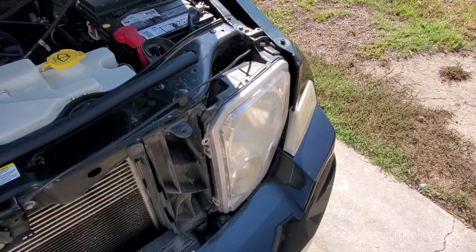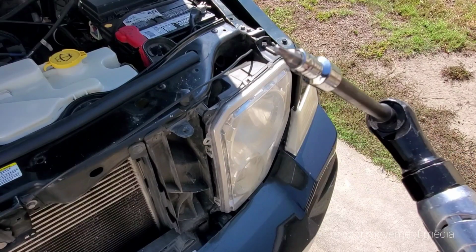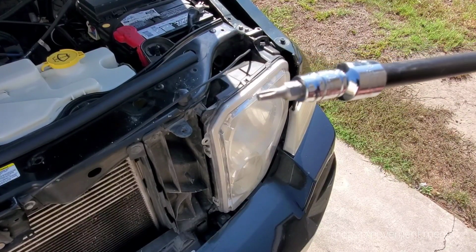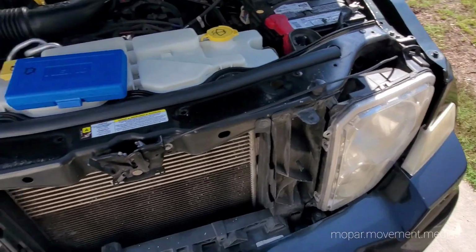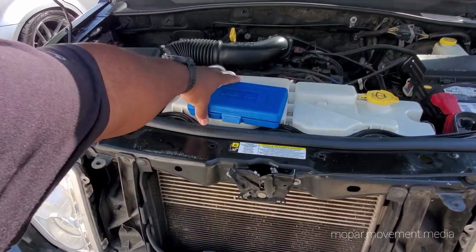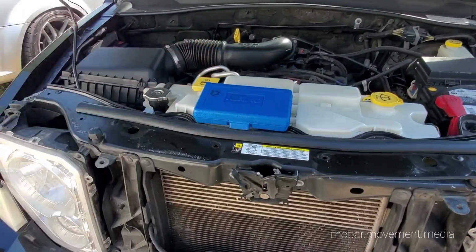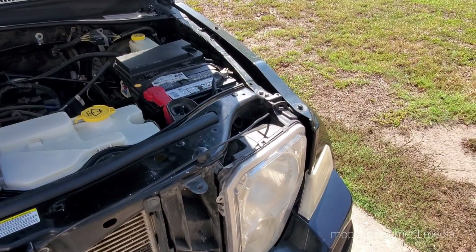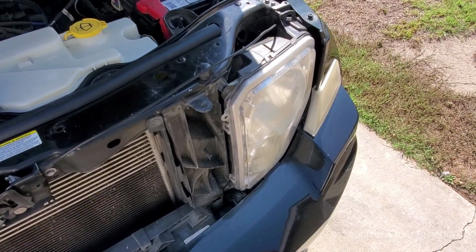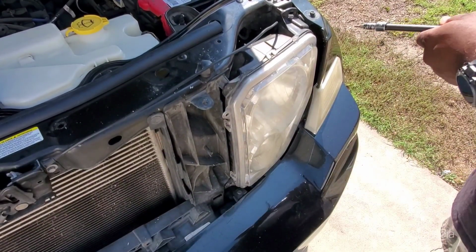Now, time to do the headlight. What you need for this is a Torx 20. You got it right here. Got a box of them that I got off of Amazon. Cheap. Got everything you need, all the Torx you need, especially when dealing with these American cars that use Torx bits. But anyway, we got 3 screws keeping the headlight in. Easy